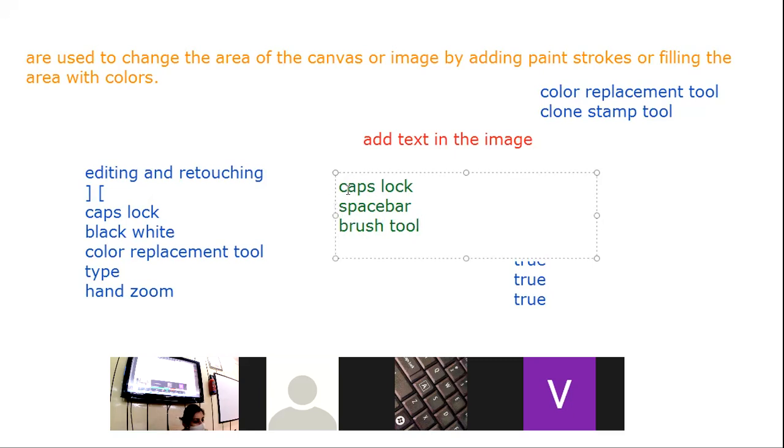Which option is used to position the letters or text to different shapes? That is create wrap text tool. C part. Create wrap text tool. Tool that is used to move the zoomed picture within the window. Hand tool.